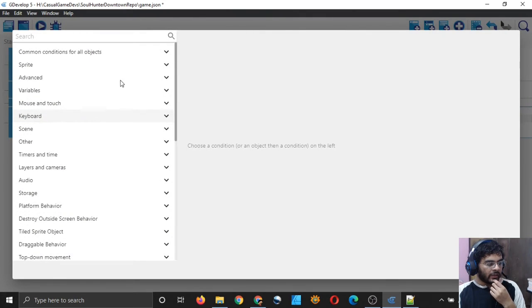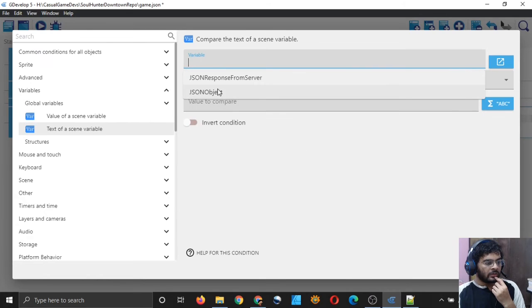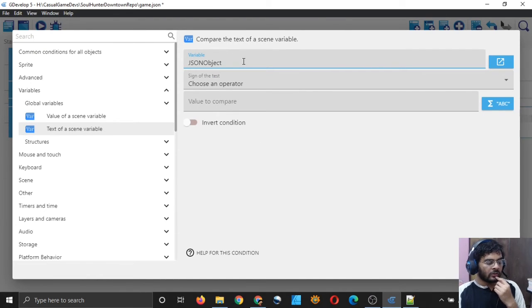And I will add a condition and I will add variables, I guess. Scene variable, text of a scene variable, JSON object, and not just the object, but I guess I will have to add a variable here to iterate through the whole thing.